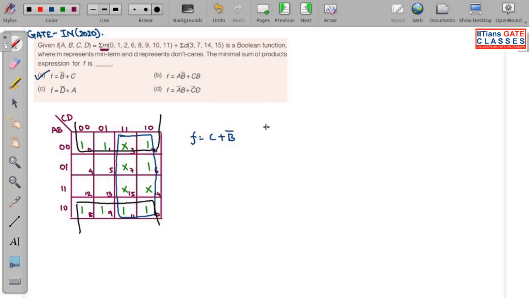At most, if you are solving this question, it should be over within 20 seconds, not more than that. I am explaining to you people, so I need to take time, that is why I took time. But in the examination hall, you will just sketch this K map roughly. It is required actually to put the numbers. If you ask my opinion, I will always put the numbers because I am comfortable like that. So you will get the answer within 20 seconds. So option A is the correct answer.